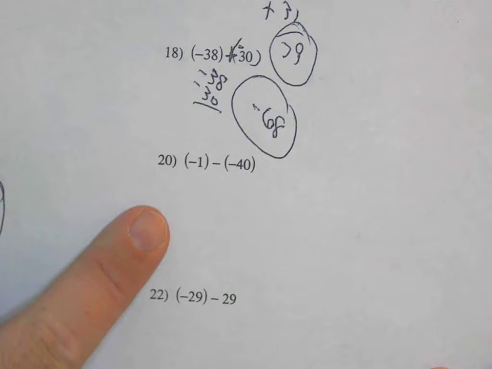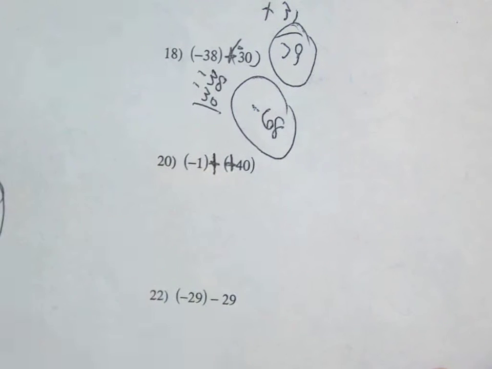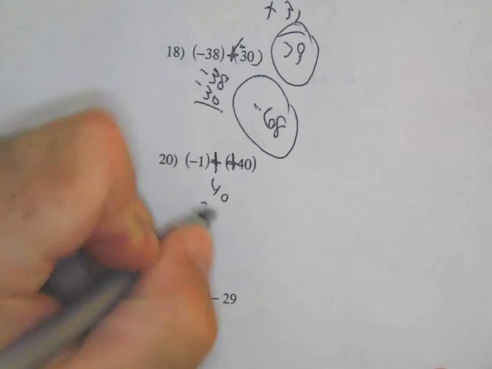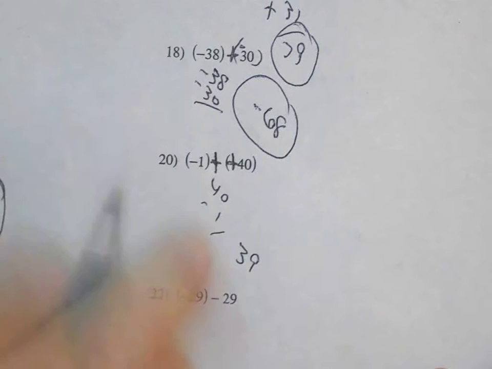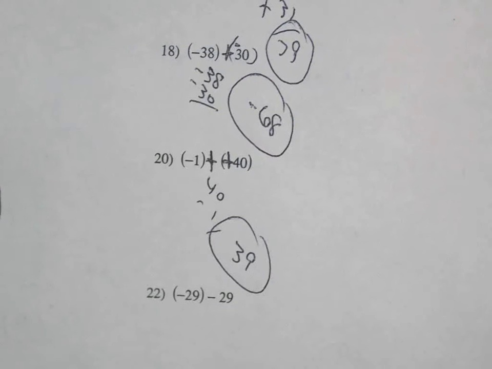Next question, negative 1 minus a negative 40. Plus positive 40. This is opposite signs. 40 minus 1. 39, keep the sign of 40, we are done. Now, that'll give you plenty of opportunity